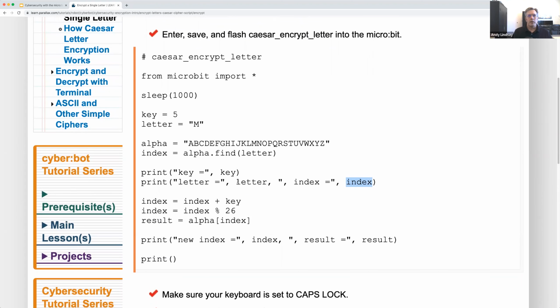Here's the good part. Once you've found the index, then you can add the key to it. And do you remember that part where we were talking about wrapping around? Well, this is the trick to do that. I'll come back to that in a second, because we don't need to wrap around here. Now the result is